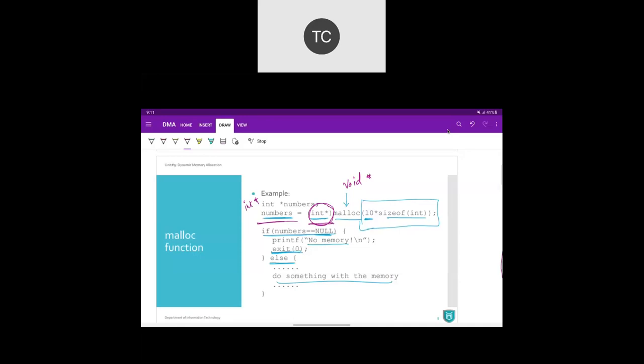So with that, we have the address of memory allocated to us. Now, if malloc is not able to allocate the memory, then it will return null. So it is better to always check whether we have received some address or a null value. Once we execute malloc, we go for an if else, checking whether number is null. If so, there is no memory, we can do nothing, and we should exit our program. If number is not null, then we have memory and we can perform our task. That's why we write if else here.